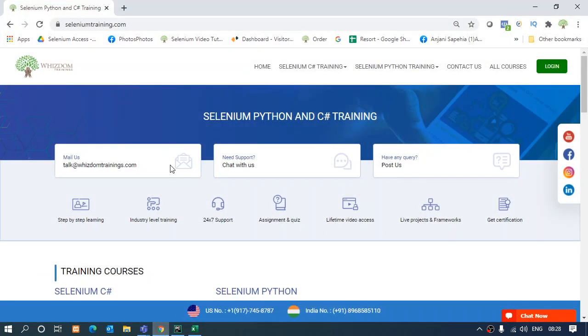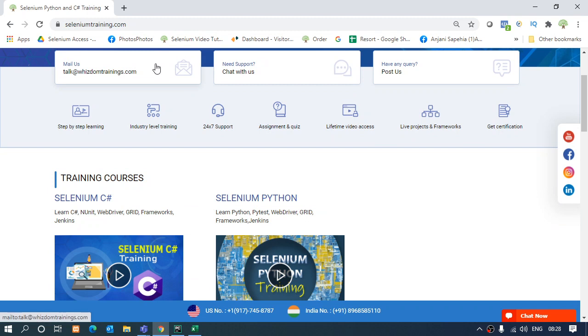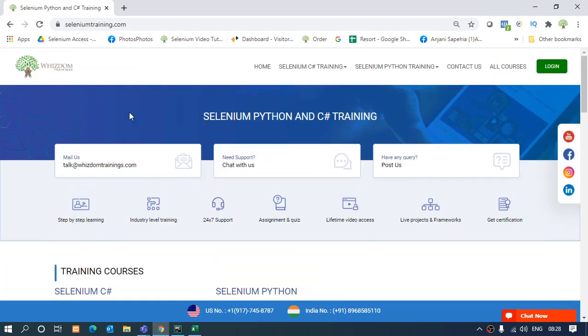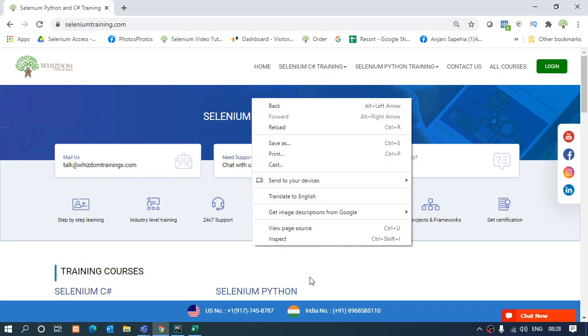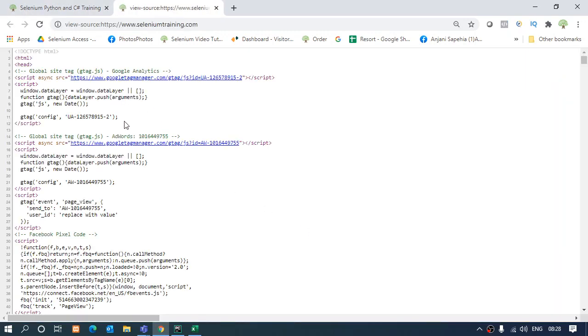Whenever we fire a request to navigate to some URL, the server along with the web page returns me the HTML page, the HTML tags. What HTML tags are, and how to see those HTML tags: if I right click anywhere on the web page, I get the option of view page source. So this is the page source that we get. What is this page source? These are all the HTML tags. The tags you can see over here in the purplish color, these are the tags.